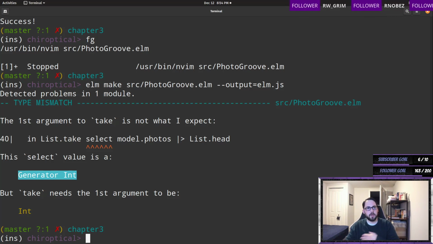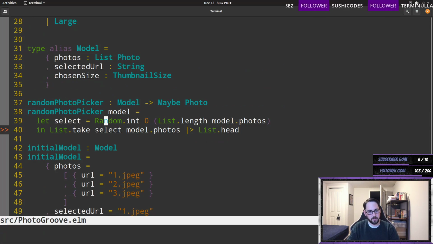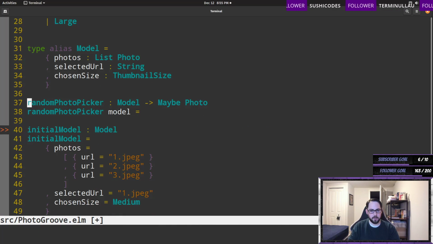Okay, I'm gonna go through this a little carefully because it's sort of interesting. So it seems like we got to do a little bit more work than I was expecting to make this work, but that's fine. I suppose in some regard, it's kind of like how Haskell works. So I suppose here we don't even need to know the model because we can just take the initial model's photos. So it's gonna be like,